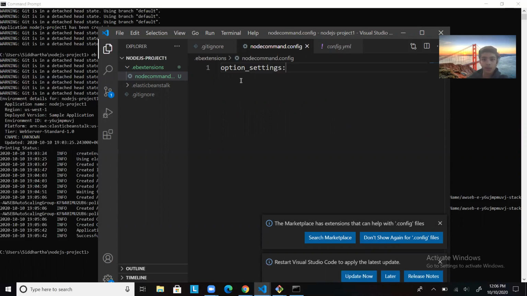Option_settings, AWS Elastic Beanstalk. First time I did this, I actually spelled it "beantalk," and I was so confused about why it wasn't working, and then I was like, oh, it's spelled "beanstalk." Okay, Beanstalk,